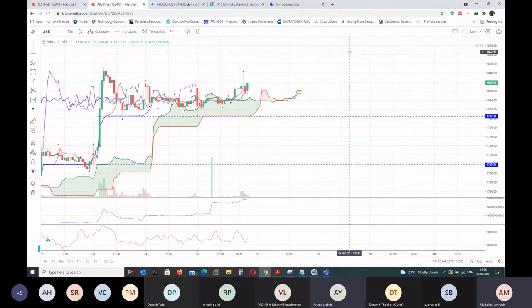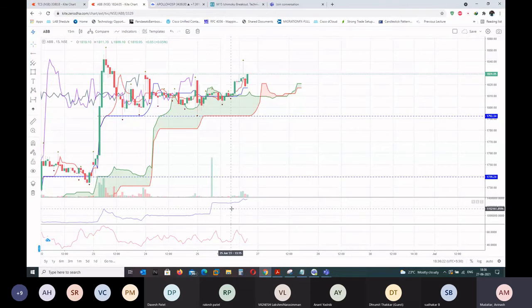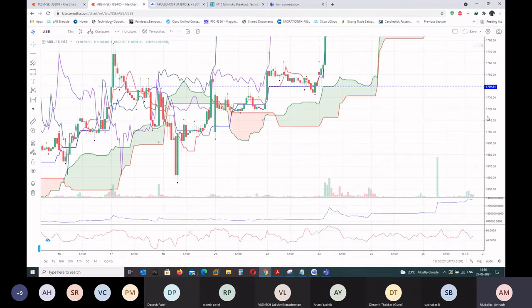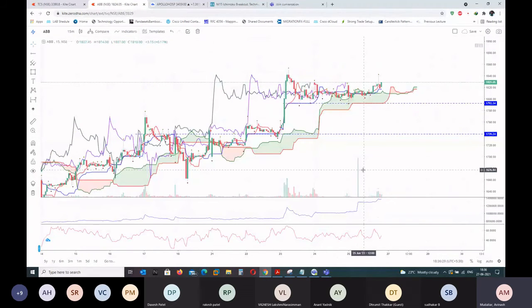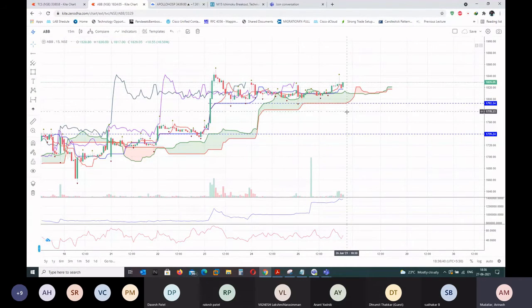So basically, you can use this as horizontal support and resistance, the flat lines, and you can use price action to enter. You don't need to have any Ichimoku strategy to enter exactly at this line. This is all resistance and support from a price action point of view. For each strategy, there are rules. The rules are matching, then only you take a trade.